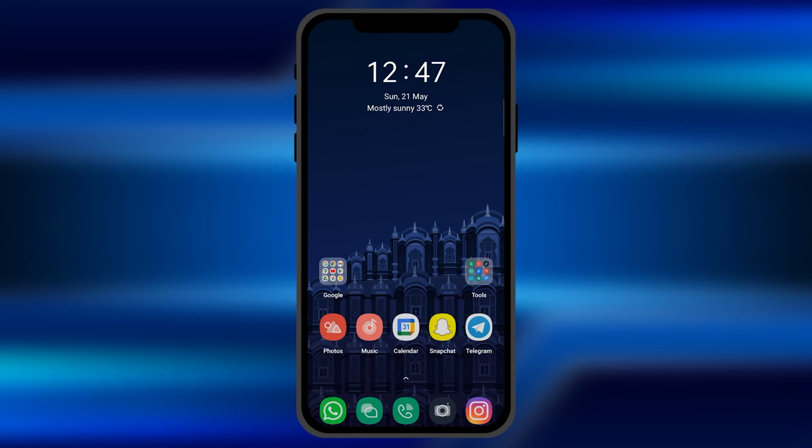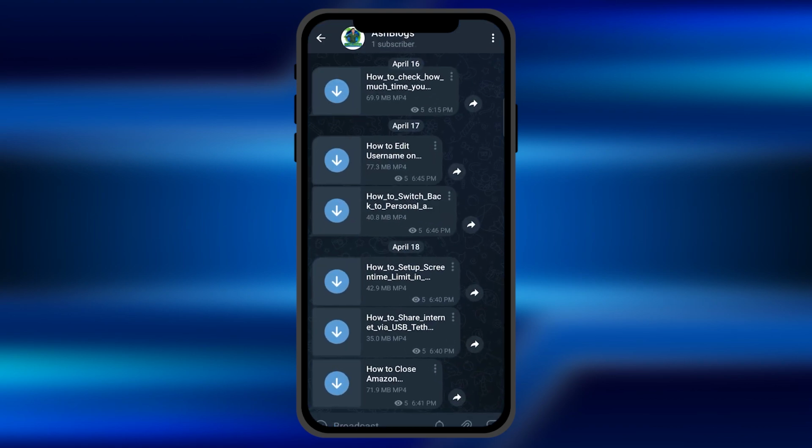So hey everyone, in this quick tutorial I'm going to show you how you can schedule messages on Telegram so that they will be delivered to the person you want to send to at the specific time you have scheduled. So all you have to do is open the Telegram application and open the chat